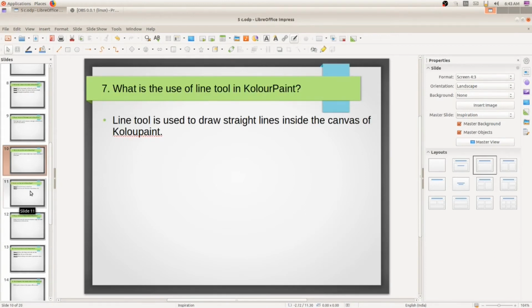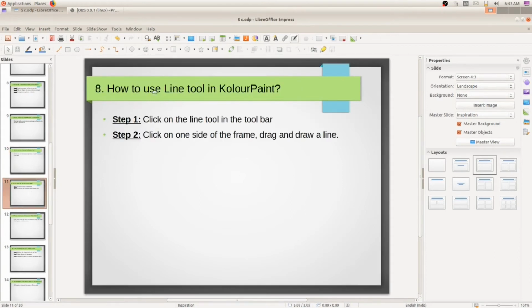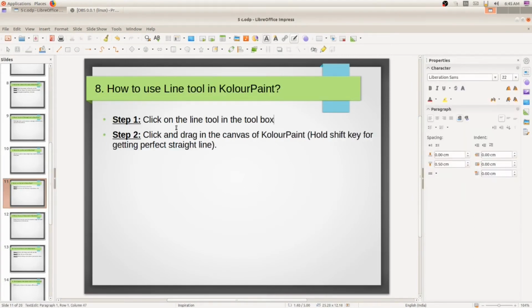Okay, next question. How to use line tool in color paint? So the first step, click on the line tool in the toolbox. You can see the line tool in the toolbox. The second step, just click and drag in the canvas of color paint to draw a straight line. And this point is very important.